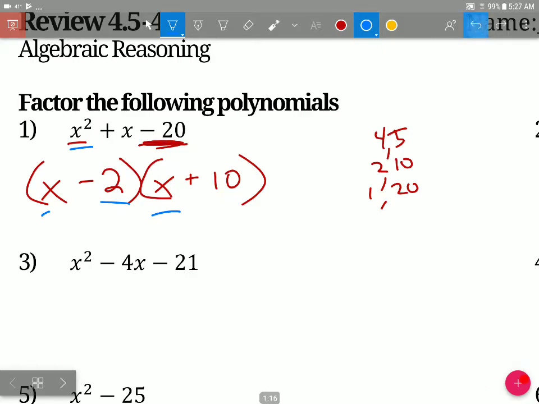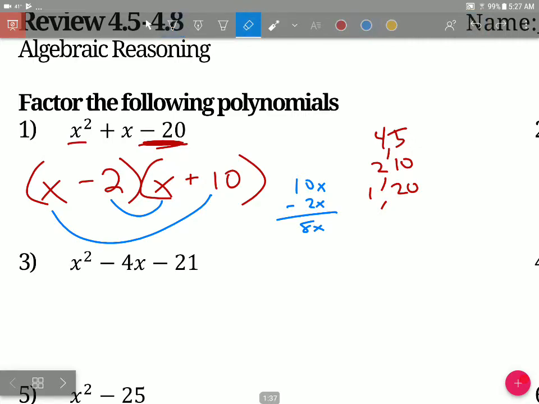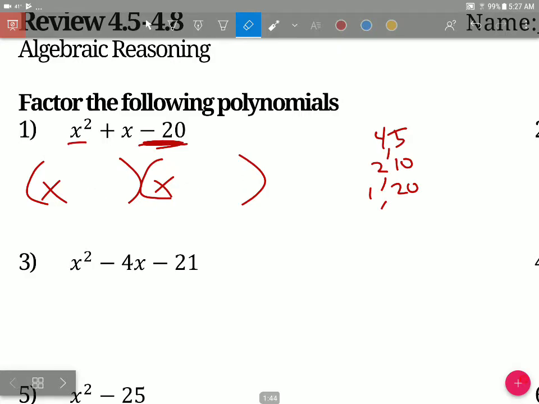So next thing you've got to check is the outside and inside. Does x times 10, which is 10x, and negative 2 times x, which is negative 2x, add up to 8x? That is not your middle term. So something about what we've done is wrong. It is not the right combination. Okay, so you can try switching things up, but really what I'm going to do instead, I'll do the 4